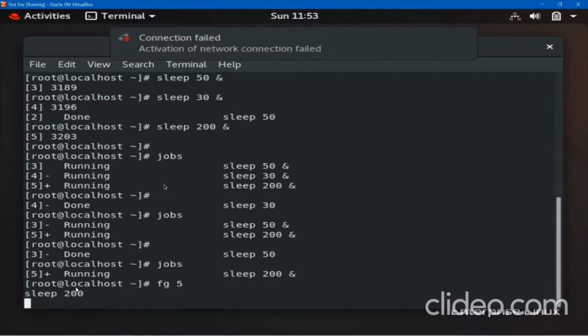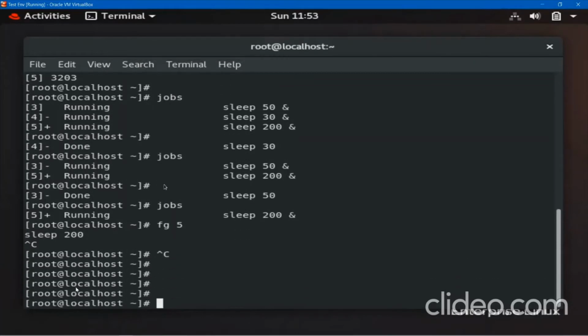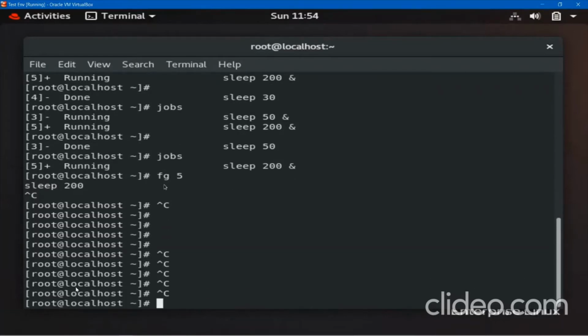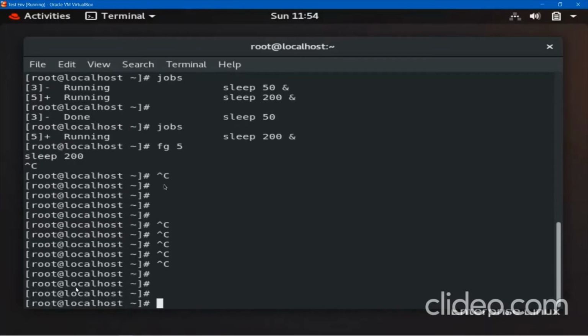How many seconds are they left with? These many seconds I have to wait. So I can wait, or I can do Control C to quit. One more thing: you must know about Control C. I'm telling you every time Control C is for quit. There is one more command called Control Z. Okay, so what is the difference between Control C and Control Z? Left control plus C, left control plus Z.